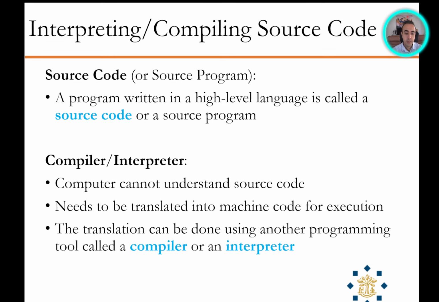So let's say that we have a source code. A source code is basically the instructions or the computer program that we wrote. It's also called a source program. So they're the programs written in a high-level language. So we have this program, we have these instructions, right? This is the source code. And the hardware,